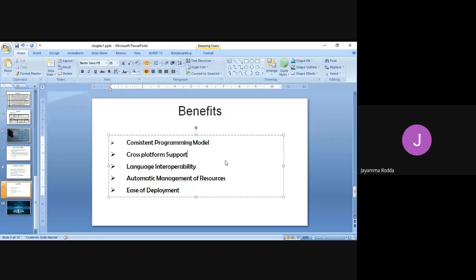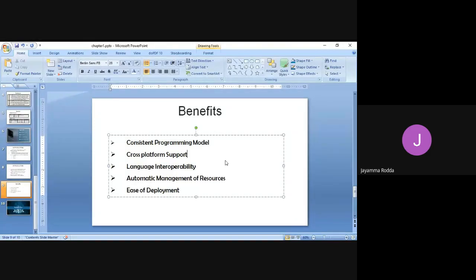Cross-platform support means from Visual Basic to Visual C Sharp, from Visual C Sharp to Visual C++, like different platforms. As I said, three different programming languages are there, and they are interconnected. The interoperability between these three languages is supported because of this cross-platform support feature. So this is another benefit. This can be enabled by the Common Language Runtime.